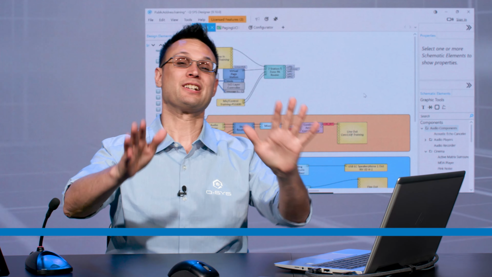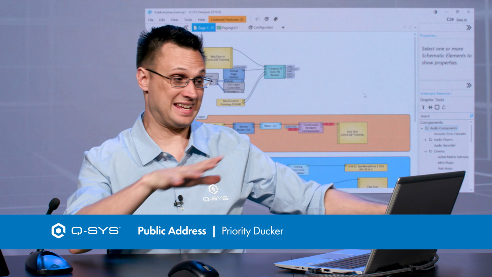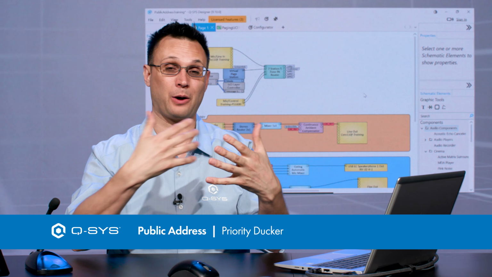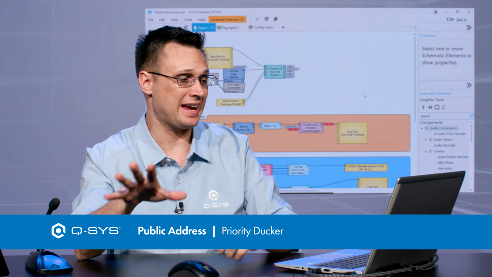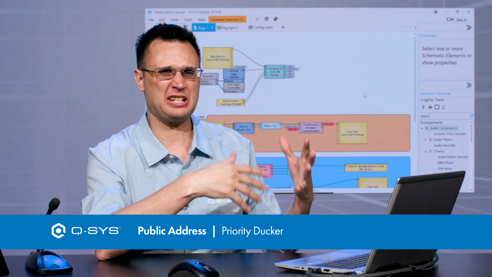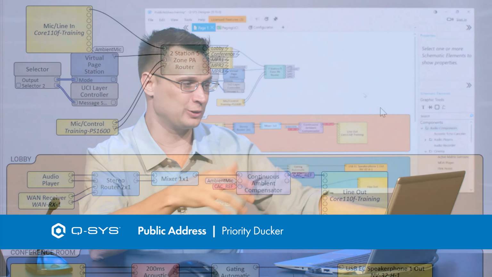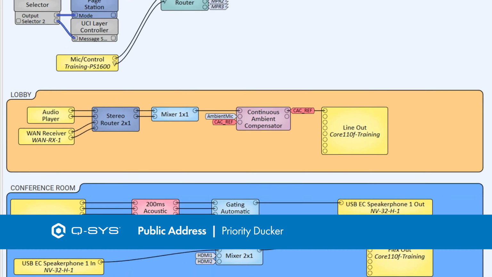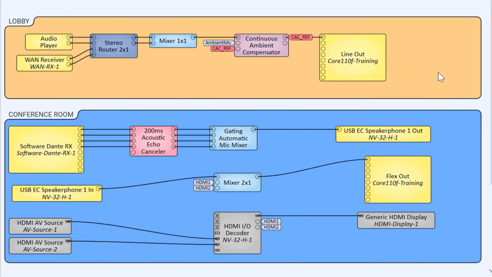Okay, welcome back. So what we have left to do is integrate this paging system into our design. While you were away, I just built out a couple of generic signal paths for different types of rooms. If you look at my design here, I've got my lobby and my conference room built out with a couple